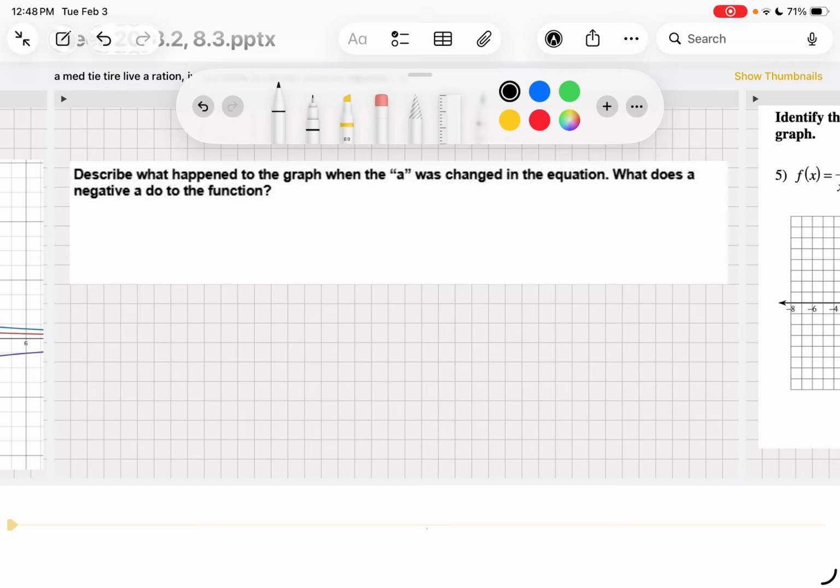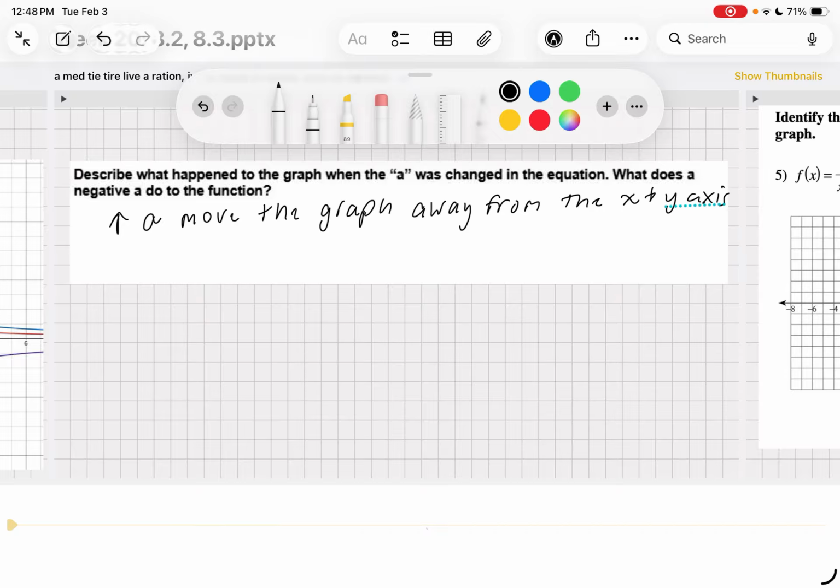So describe what happened to the graph when the a was changed in the equation. What does a do to the function? Okay, so an increase in the a value, meaning it gets bigger, is going to move the graph away from the x and the y axis. This is called a stretch. It's stretching away, okay? And then if a decreased, if it got smaller, it's going to move the graph